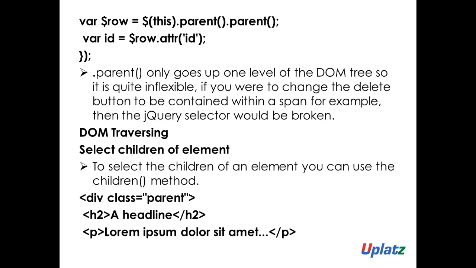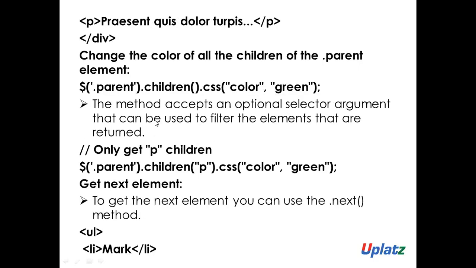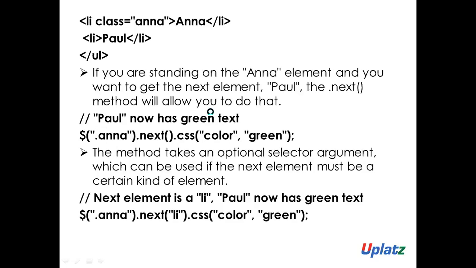So next, what is DOM traversing? For that, we need to select the children of an element. To select the children of an element, you can use the children method. Here the class is div parent, and I have a headline inside it. So how do we change the color of all the children of the parent? In the CSS, I have just made